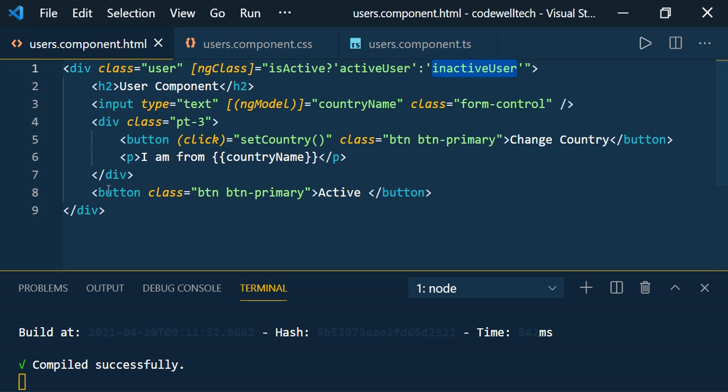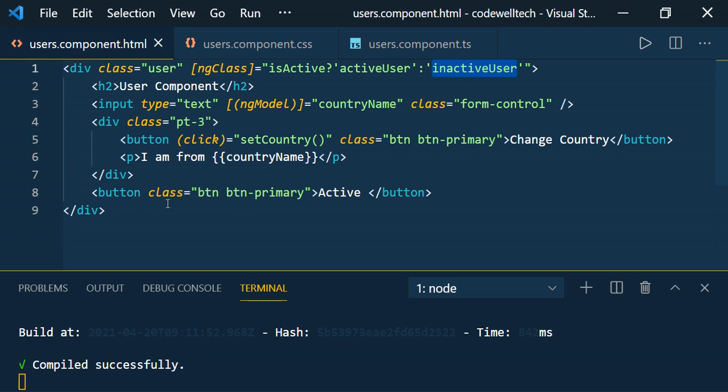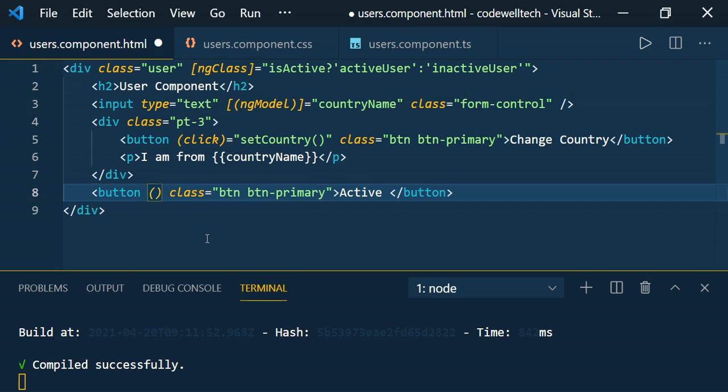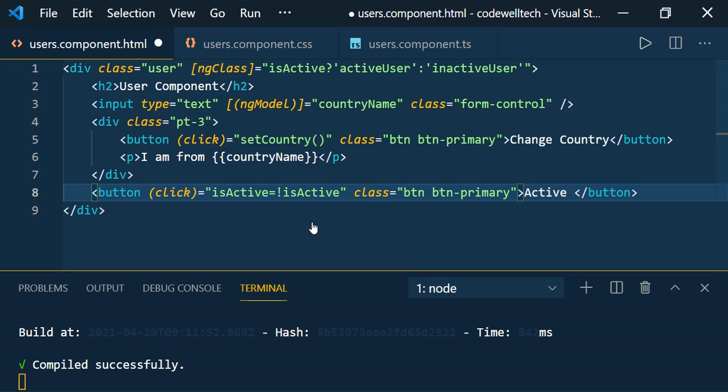Now what I am going to do, on a click of this button, I am going to toggle the value of this is active. Means if it is true, I will make false and vice versa. So here we need to add the event called click. Property name is active, so is active equal to not is active. When you click the first time, not false, so it is true, so it will assign the true value to this active. And again if you click again, not true means false, so like that it will switch the value.